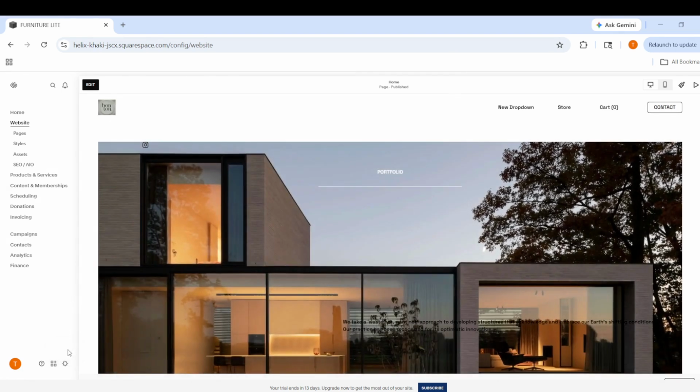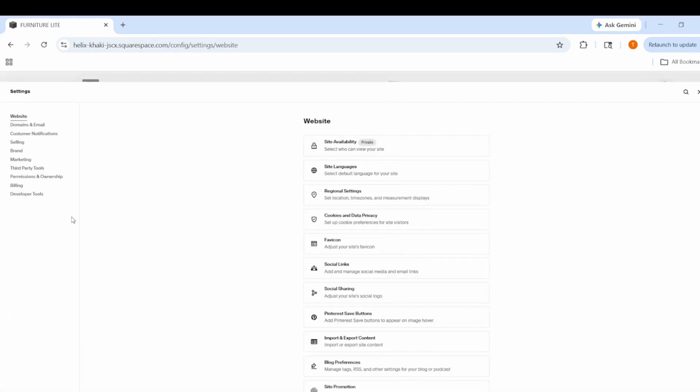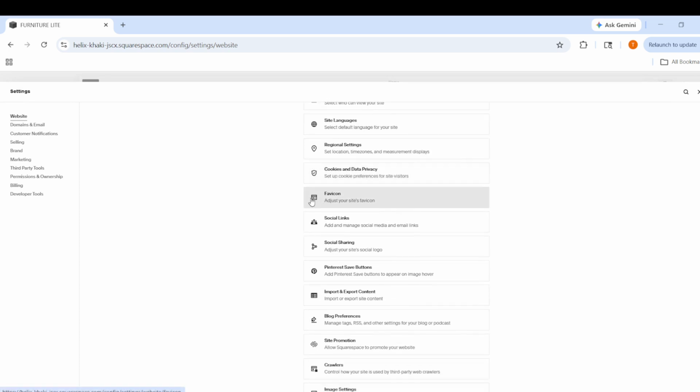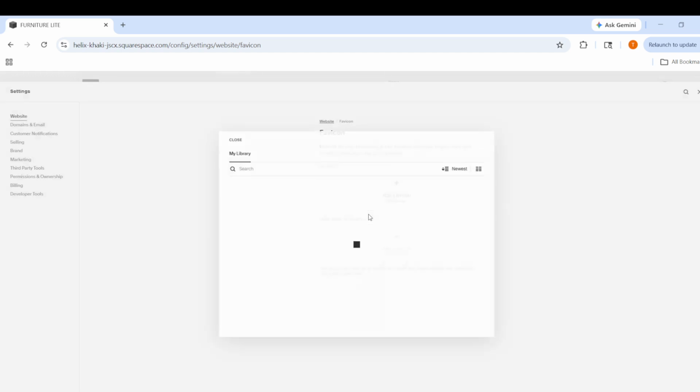Next, return to the main Squarespace dashboard. On the left side menu, click Website. After that, look again under the Website section in the sidebar and select Favicon. This takes you to the area where you can upload the small icon associated with your site. Click Add a Favicon or click the plus icon if that is what appears on your screen, and upload your